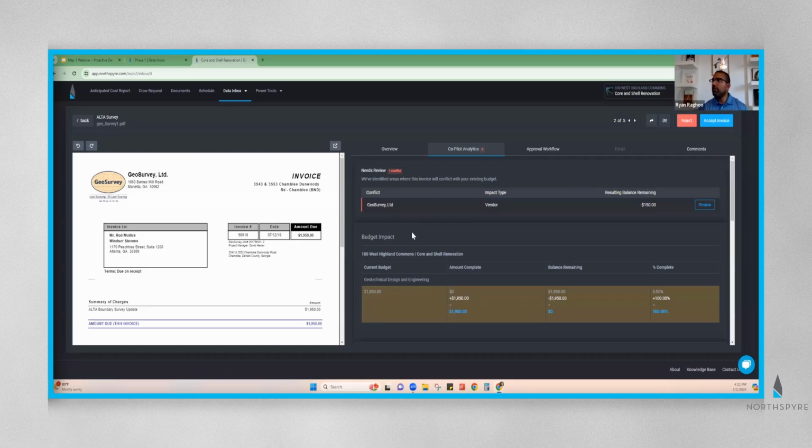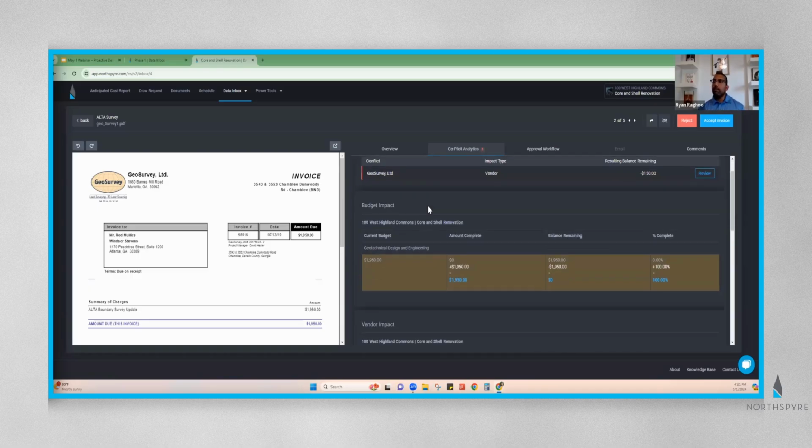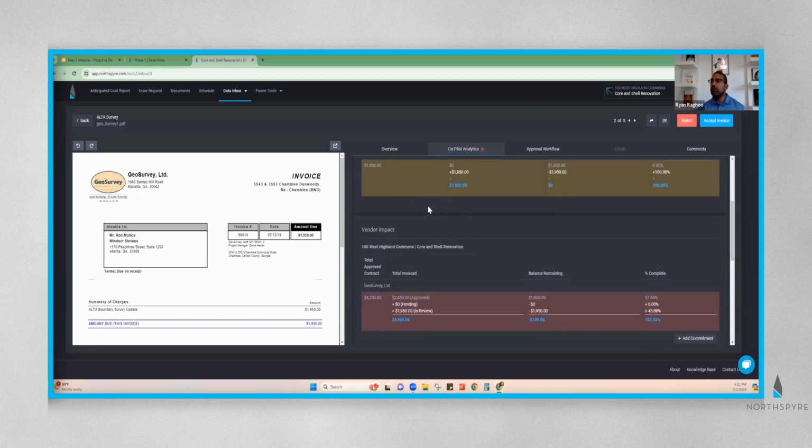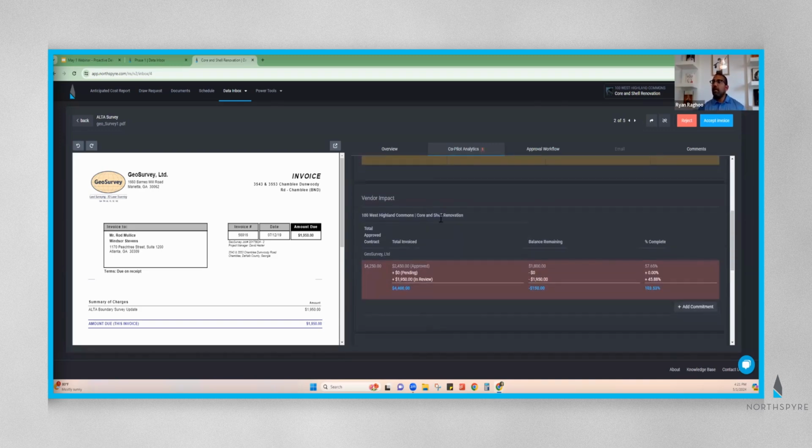So as I scroll down here through the Copilot Analytics, you'll see the system's warning me, hey, you're not necessarily slated to run over budget, but this particular invoice is going to zero out your budget. So we want you to be aware of that. That's number one. Number two, as I come down to my vendor impact,